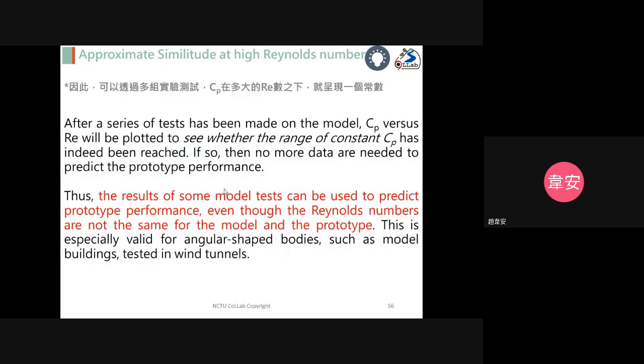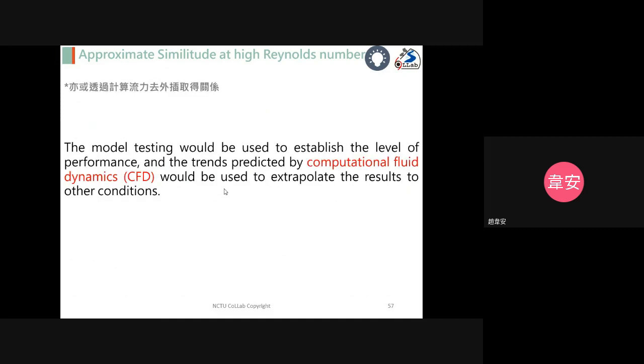So the result of some model tests can be used to predict the prototype performance, even though the Reynolds numbers are not the same for the model and the prototype. This is especially valid for angular shaped bodies, such as model buildings tested in wind tunnels. And sometimes,